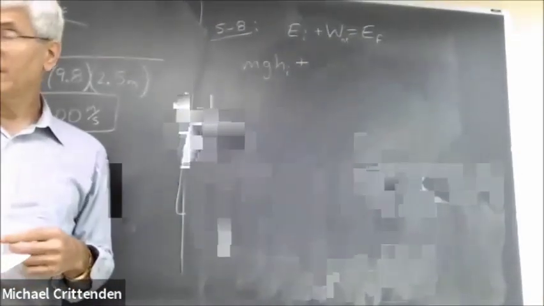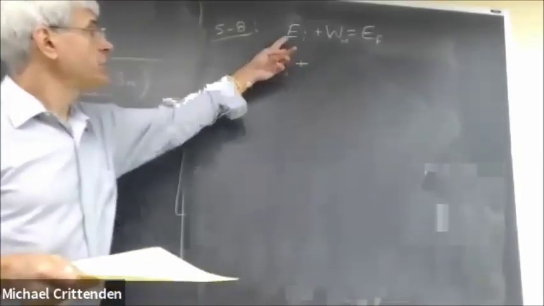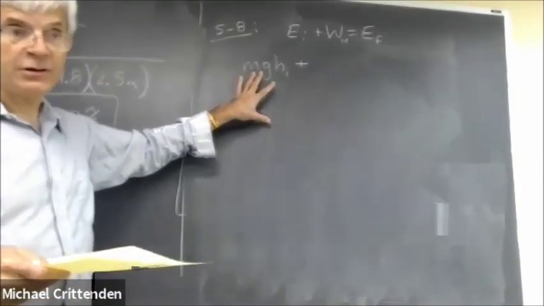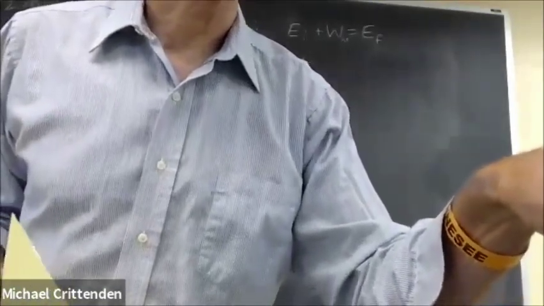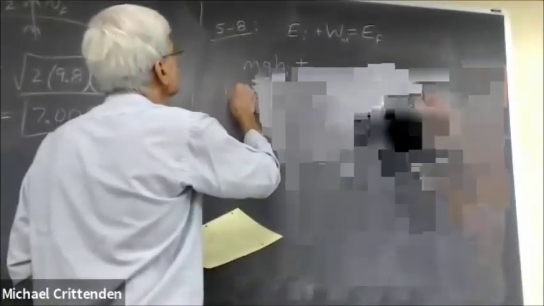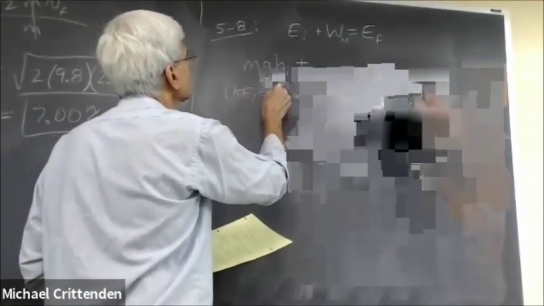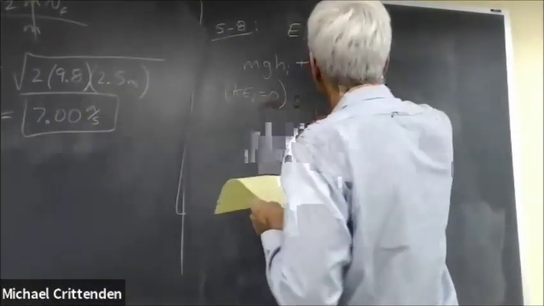Just like in the previous question, the initial energy is in the form of potential energy because it says on the picture that the child starts at rest up on top of the hill. Okay. So because the initial kinetic energy is 0, the initial energy is equal to mgh. For the work,